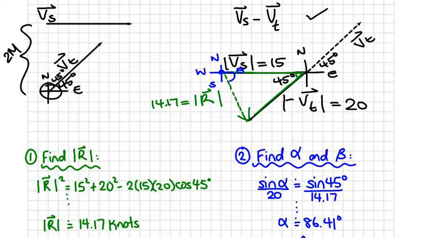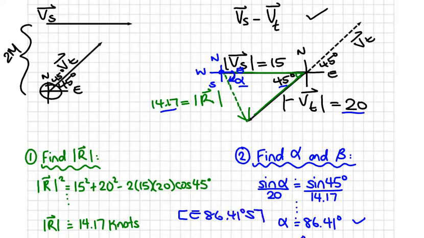If we were to find this angle, we'll call it alpha, and we can definitely do that because we have this side and its angle, this angle and its side, and so we can do sine law, and I found alpha, which is 86.41. If I were to describe that, it's going east towards the south,